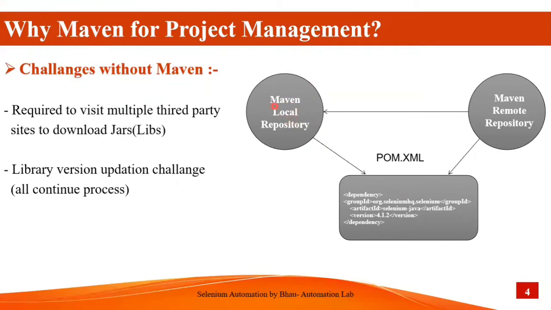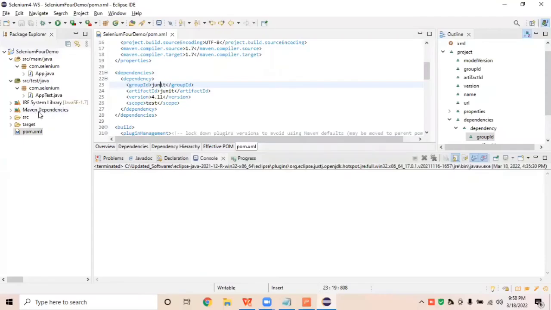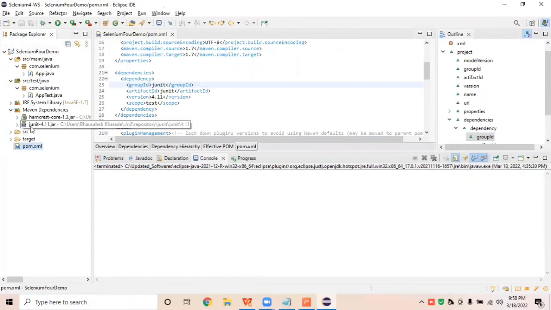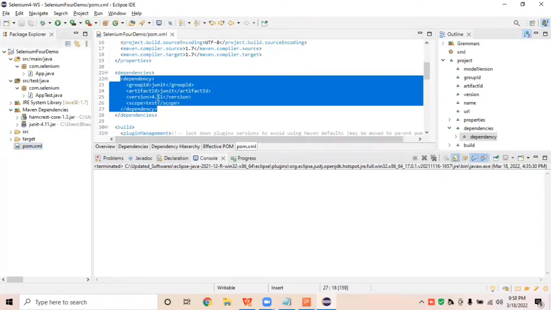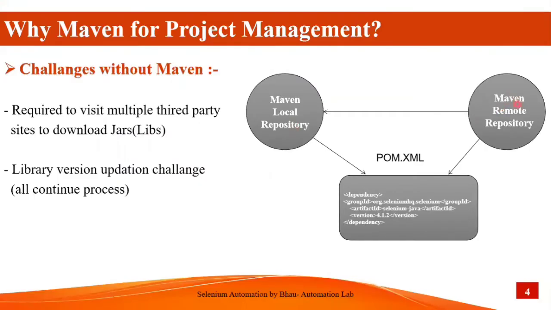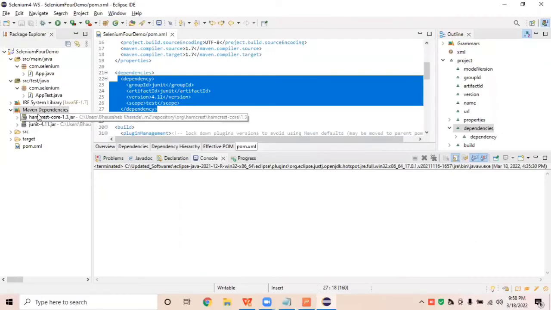We are talking about this in the theoretical part. So this is our Maven local repository. Here we have JUnit 4.11, which is added here. The dependency 4.11 jar is automatically placed in this local Maven repository, because we added this dependency under your pom.xml. It's automatically downloaded from the Maven remote repository and stored in this Maven local repository. And if I remove this